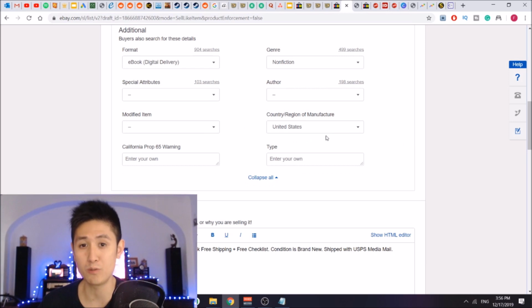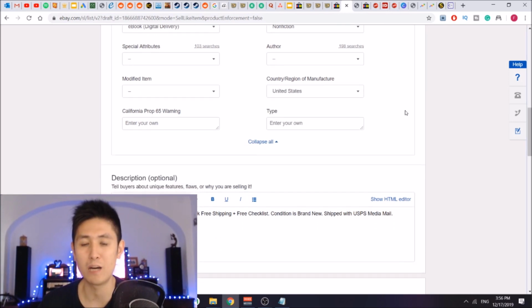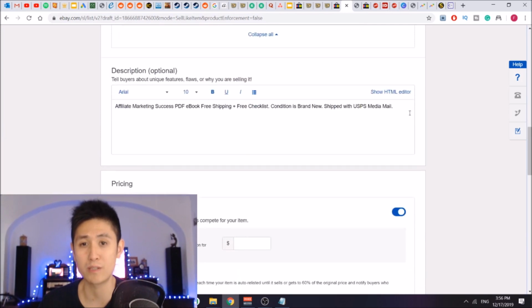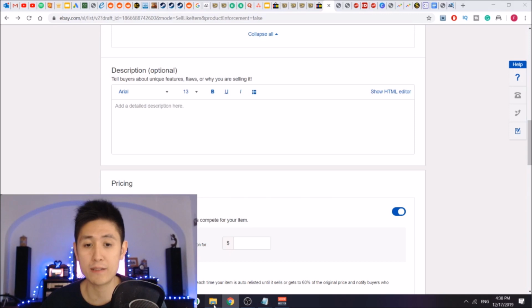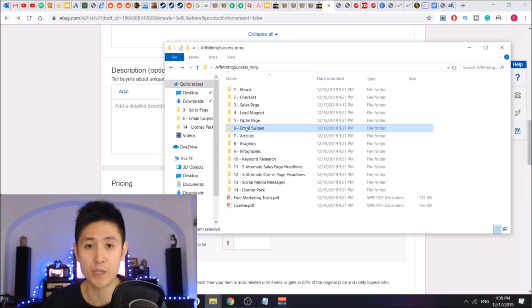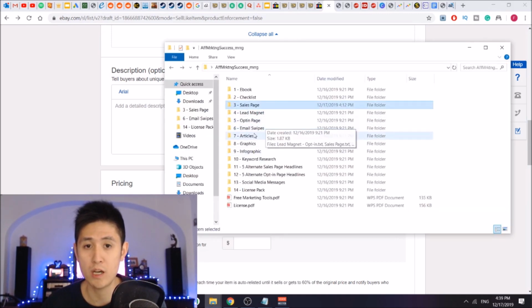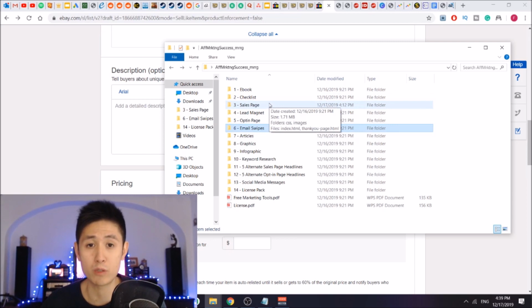And for the country or region, you can actually select the United States, although it doesn't matter too much. But the more important thing is the description part down here, where you can actually customize. And to do that, you'll want to go back to your resources folder and look for either the email slice or the sales page, depending on whichever one you think works better, but typically the sales page will look more